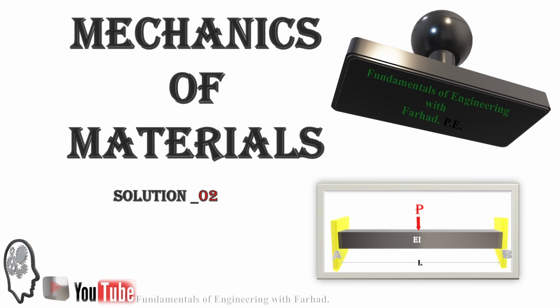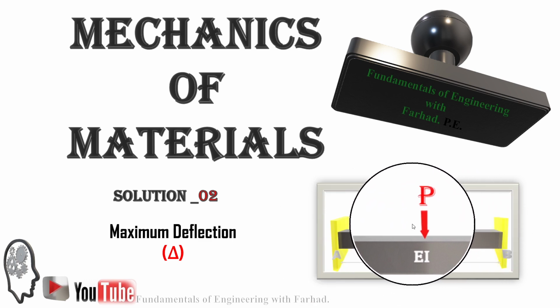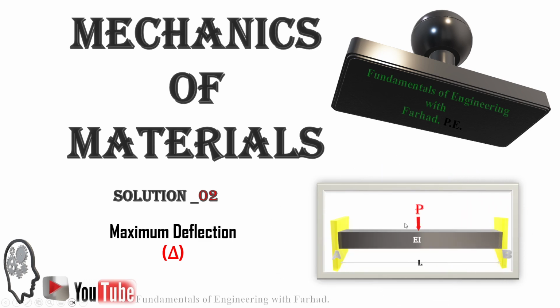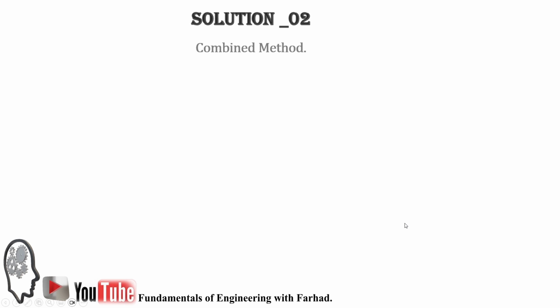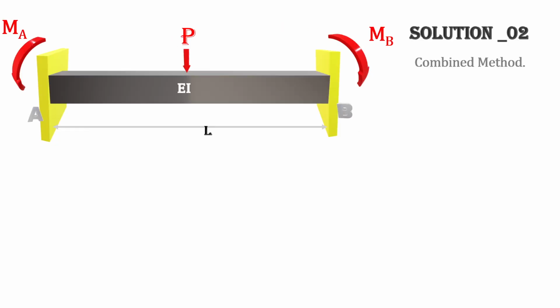Mechanics of materials, maximum deflection calculation in beam, solution 2: a fixed support beam with a concentrated load of P at its center. We have solved this problem with the help of the moment area method in solution 1, and now we want to solve this problem with a far simpler approach, which is the combined method. So by applying the combined method,